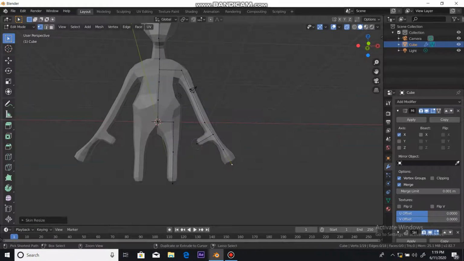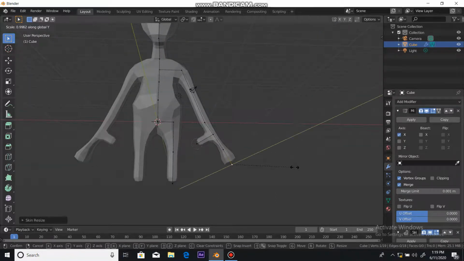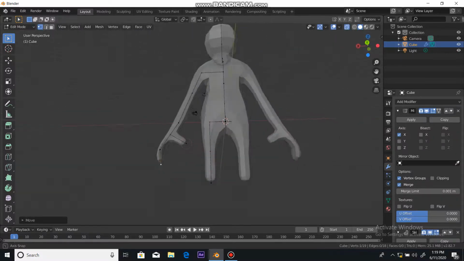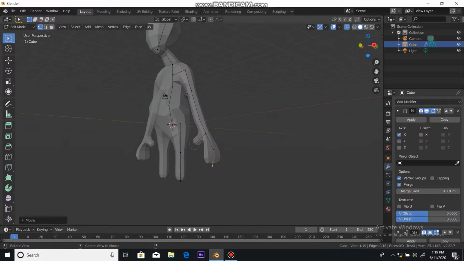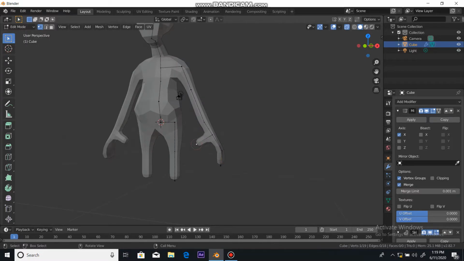Then we'll go back here and scale it up on the y-axis again. Then we want to kind of bend this inwards, something like this, so you have that kind of curvature. Then you want to just shift